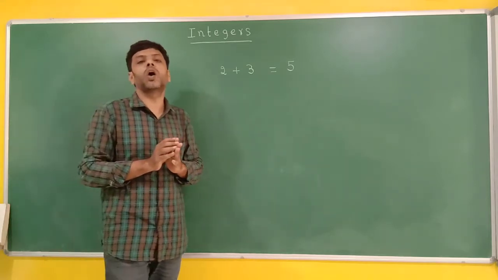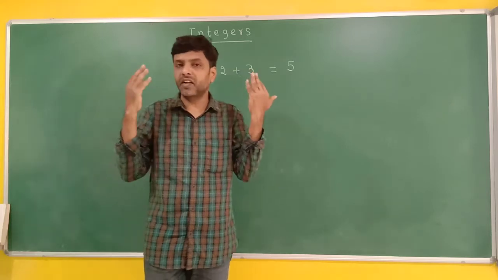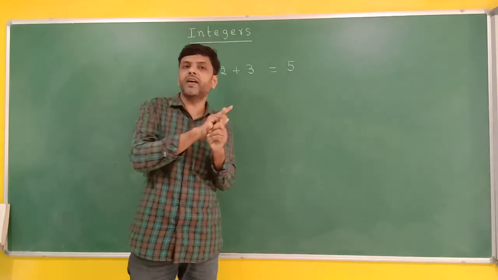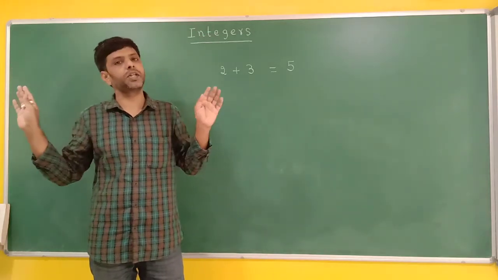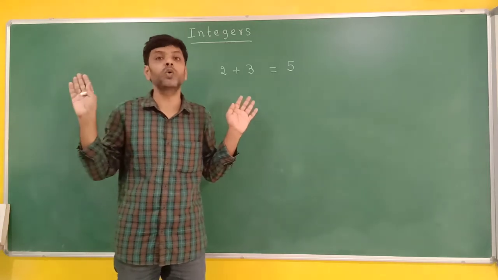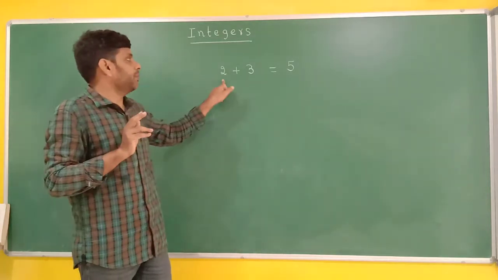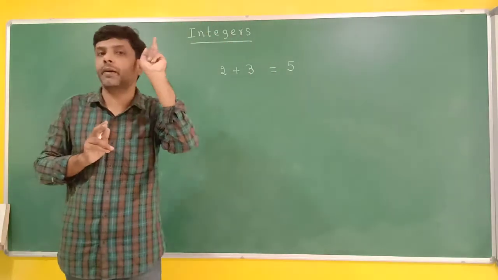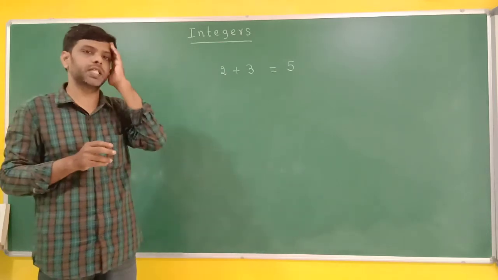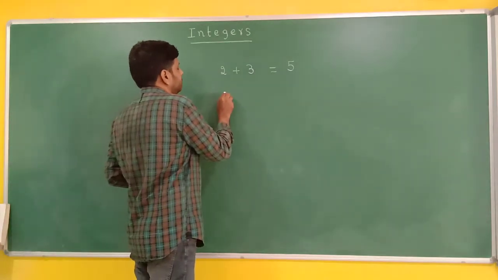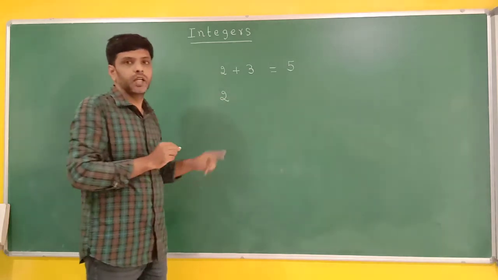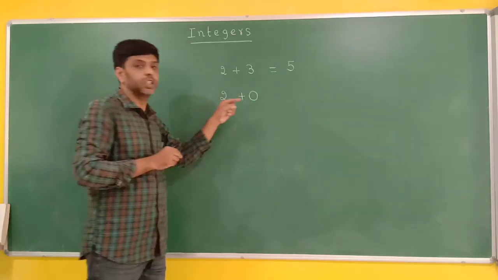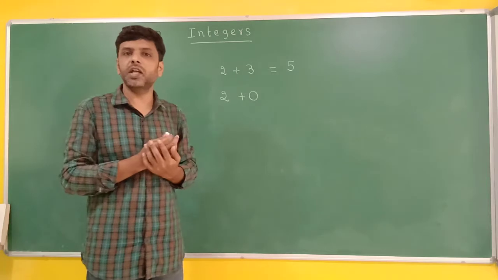If we want to count how many members are in your family, we start counting from 1. So, starting from 1, all numbers are called natural numbers. They are also known as counting numbers. So, when I am adding two natural numbers, the sum is also a natural number. Next. Is 0 a natural number?